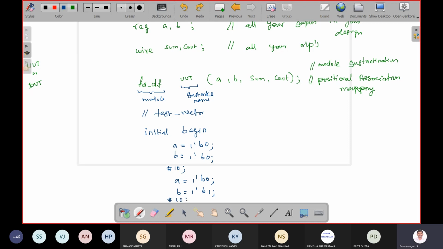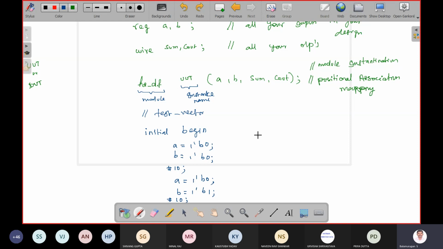Why is this delay required? Because after getting input, it will take some time to produce the result. That is nothing but propagation delay. But this time delay should be more than your propagation delay. So I understood that a single XOR gate and AND gate won't take more than 1 or 2 nanoseconds, but for the safer side, I give it 10 nanoseconds.